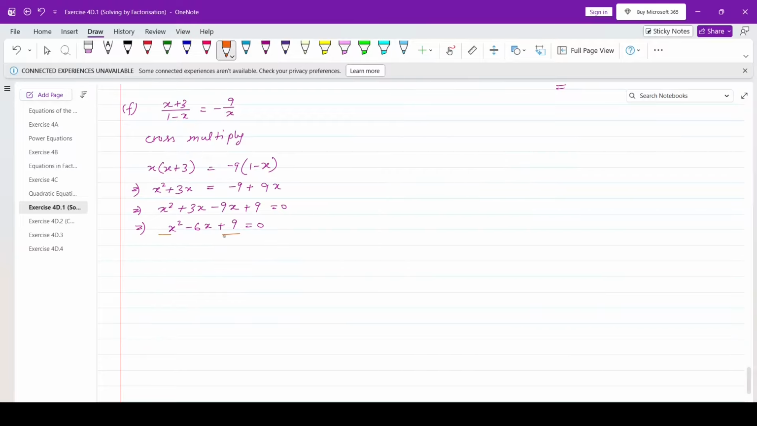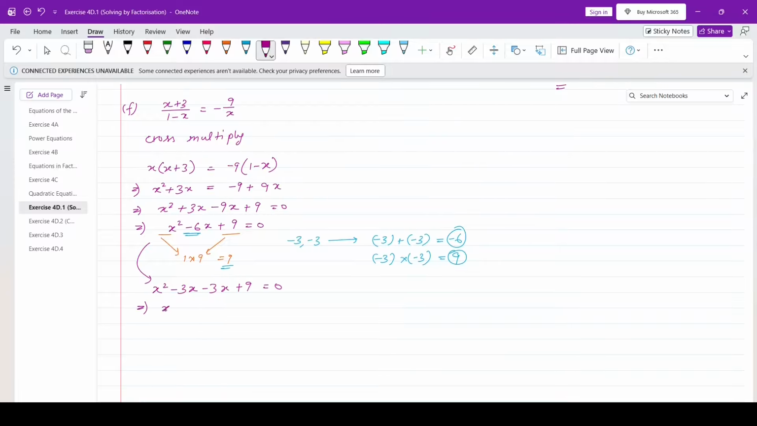Now 1 times 9, we get 9, and two numbers such that their summation is -6 and product is 9 are -3 and -3. So if we add these two numbers, this becomes -6, which is equal to this number. And if we multiply these two numbers, the product is 9, which is equal to this number. Therefore, this equation can be written in the form x square minus 3x minus 3x plus 9 is equal to